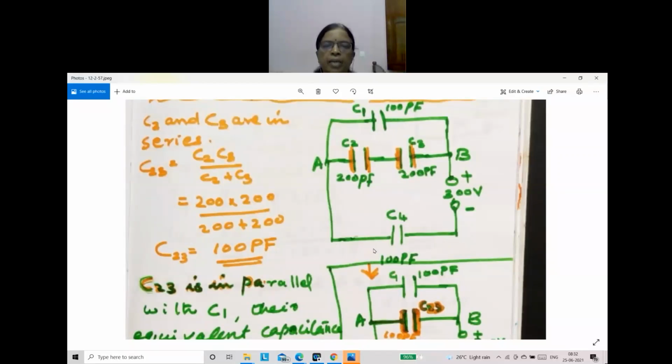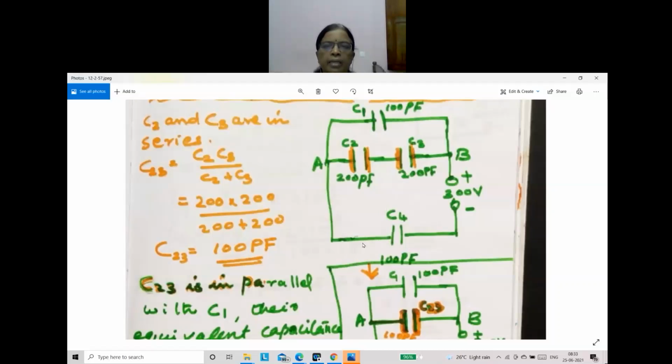See, actually this line you take to this end and stretch it in this manner. Then you will identify that it is not in parallel. This is a connecting wire, that is not connected in parallel. This is joined here, and a potential difference is applied here. Parallel plates are not joined here. Potential difference is applied here. So actually C4 is not coming in parallel with this combination, and only one terminal is connected.